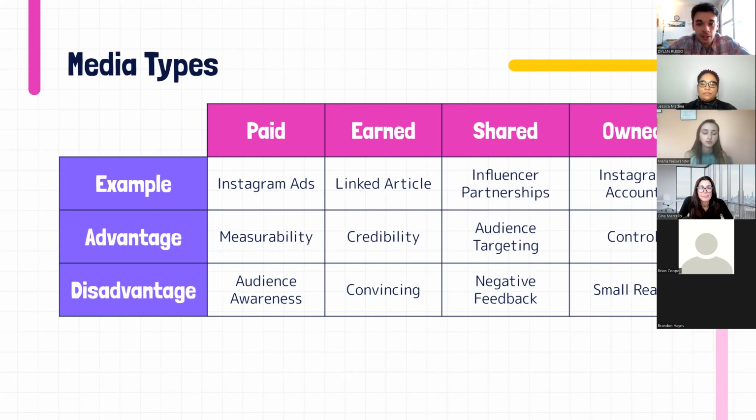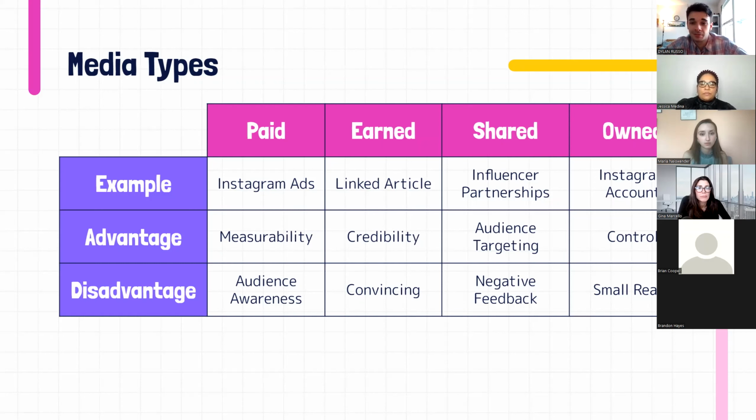Then we go to shared. Shared focuses on social media tactics. That's influencer partnerships. Again, a huge advantage like earned media, where you're getting someone else to vouch for something, and influencer partnerships don't come off as audience awareness like paid media.